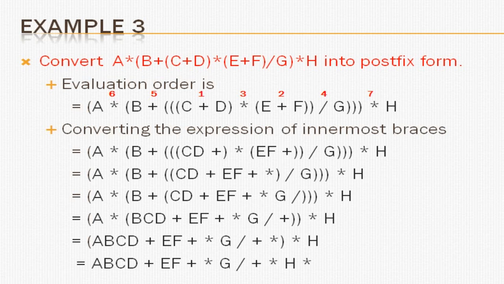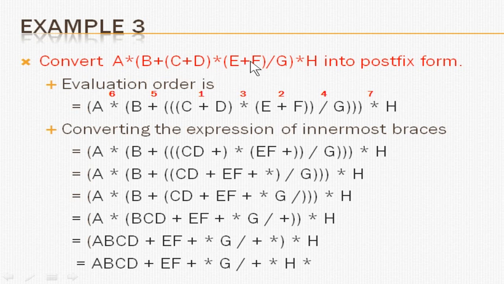Now you have one last example, where you have some different operators, and some you have already seen are repeated. The first expression and the second one are almost the same. So I have given you a different example where the innermost bracket has been changed and the operator priority is also changed. You can see the example here: A asterisk B plus C plus D asterisk E plus F slash G asterisk H.